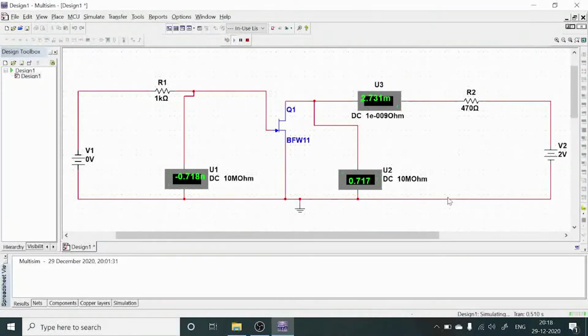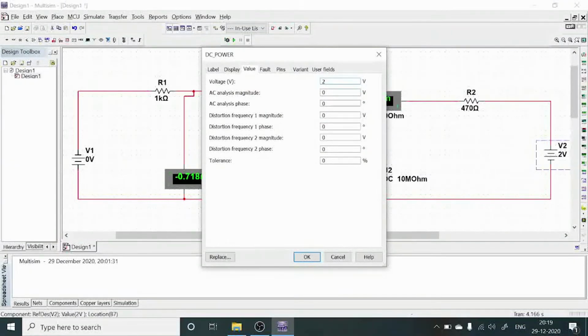Then you observe. Now for this 2 volts, what is the current? The drain current is 2.731 milliamperes and the drain to source voltage is 0.717 volts. Then just stop this one and again change the biasing voltage. Double click this one.